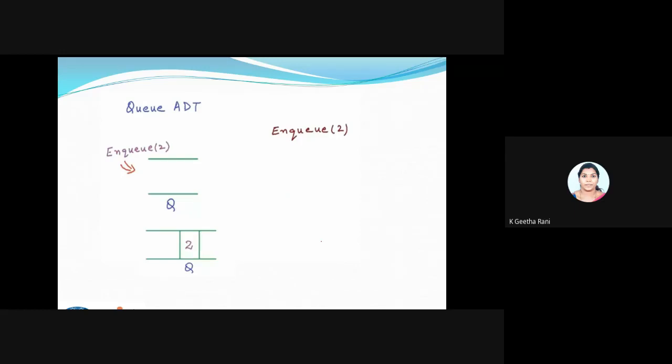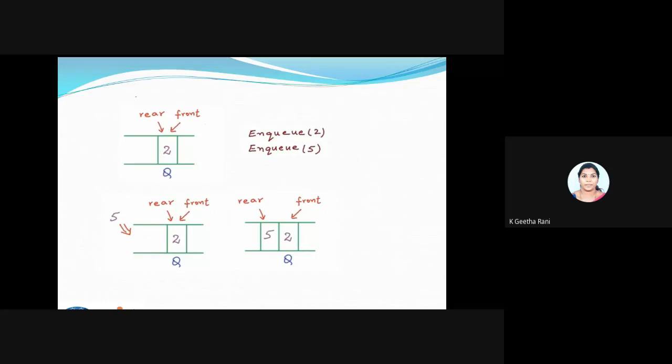And now I'm going to perform some operations here. The first operation I'm going to perform is NQ of 2. So 2 will be the element which I'm going to insert inside the Q. Assume I'm having a representation for Q like the alphabet Q itself. So I'm going to NQ the value 2. This is the way I have to insert the value. So the 2 will be inside my Q. Now I need to point the front end and the rear end. Since I'm having only one element inside my Q, both will be pointing to the same element. So I'm pointing my rear end and the front end to that single value itself.